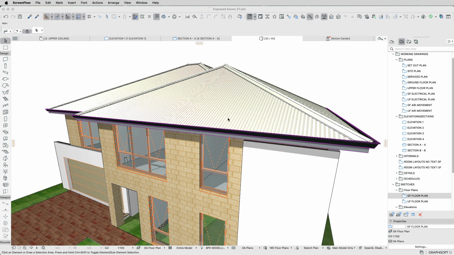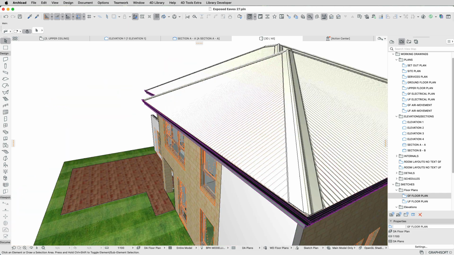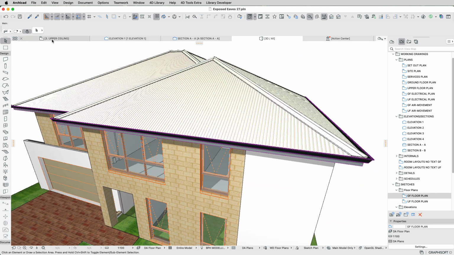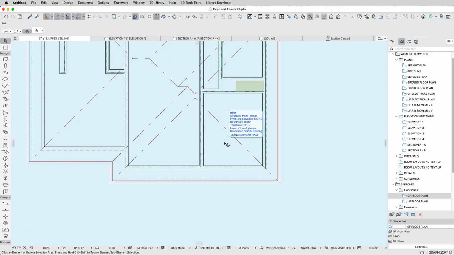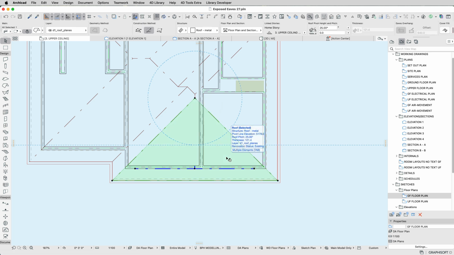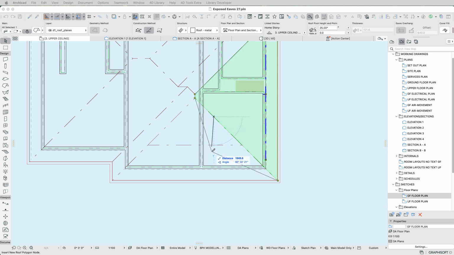now let's create a gable end at the front of the house here. So I'll go back to floor plan and I'll create a gable end maybe 5 meters across. So I'll just put a guideline through there, select my roof plane and split, delete that bit, then add a node,